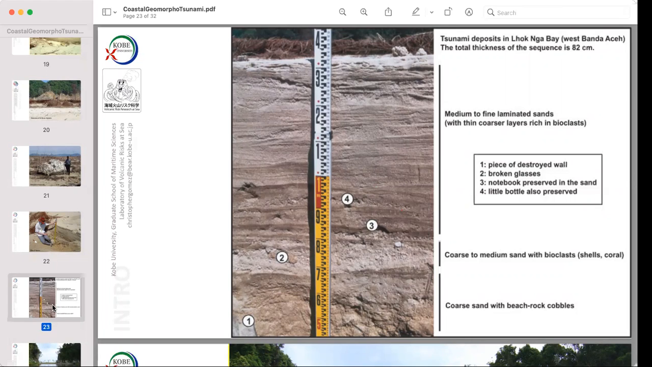In other words, when you have elements coming from the sea, like foraminifera, those small living organisms, a lot of them are present, you can find them in the sediment, you have a good clue that it's coming from the sea. But when you have sediment which is mixed with bottles or pieces of destroyed walls, like it's the case here, broken glasses, a piece of a notebook, little bottles that are preserved in the sediments, you know that to have those, you need the tsunami to have gone on land, gathered this material, and then